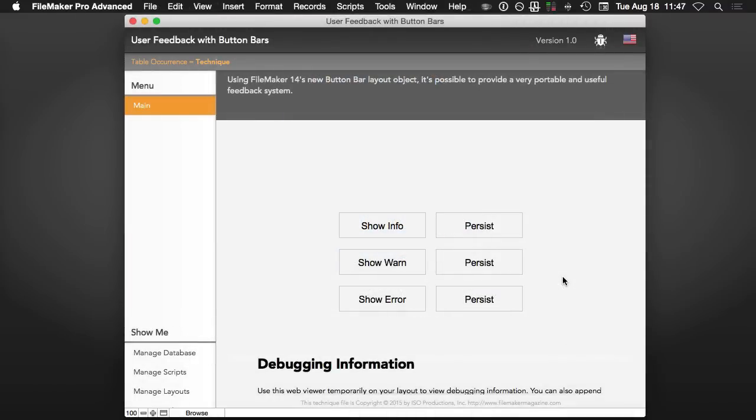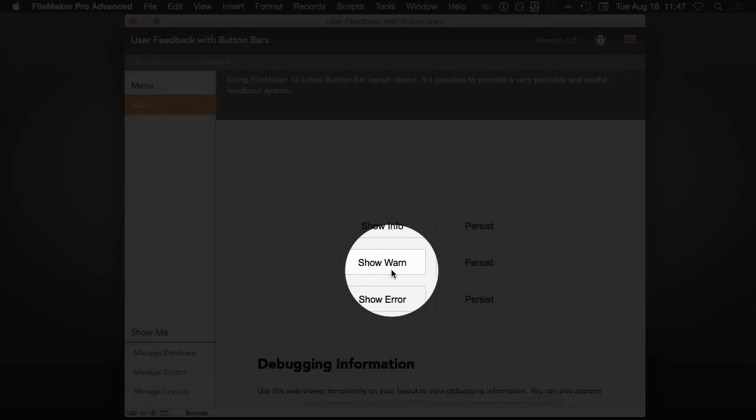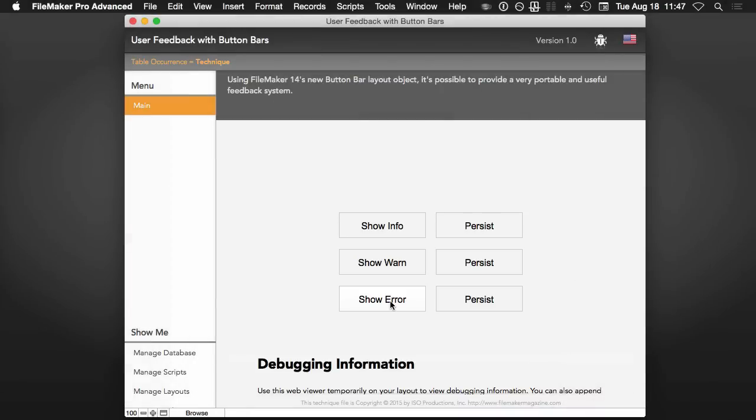Alright, so I've jumped into the file and here we go. This is a really straightforward file. In fact, a lot of you can probably figure this one out on your own. You can see right here that I have some buttons: show info, show warn, show error. The cool thing about this particular technique is it is not limited in terms of the number of different message types that you have. I only have 3 of them here, which represent some of our standards. You can also see that I have this persist button right here, as we're going to see that we can either show this on screen for a period of time, or we can make it persist and have the user